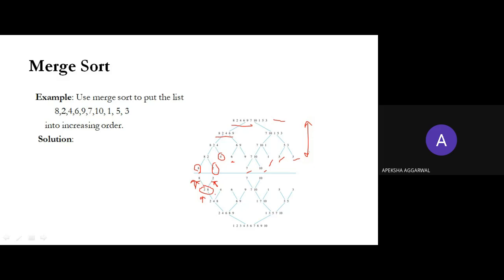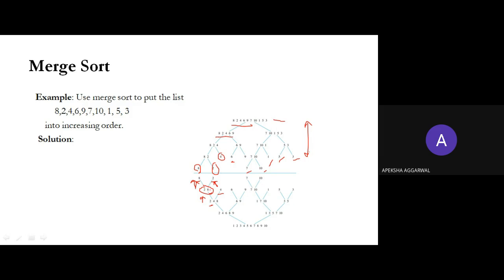And now over here you have 2, 8 and 4. Now how will you proceed? You keep the first pointer on 2 and the second pointer on 4. You compare 2 and 4 and add 2 to the list and slide your first pointer towards 8. Now you compare 4 and 8. Out of 4 and 8, 4 was smaller, so you add 4 to the list and delete that pointer because that list is over. So the only element remaining was 8.